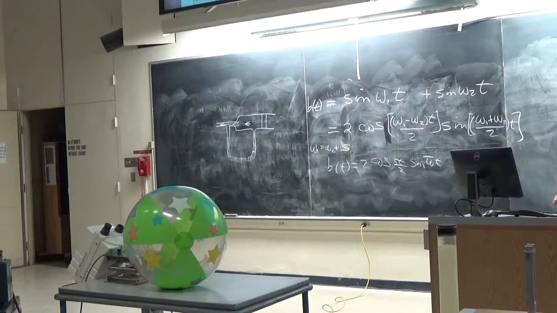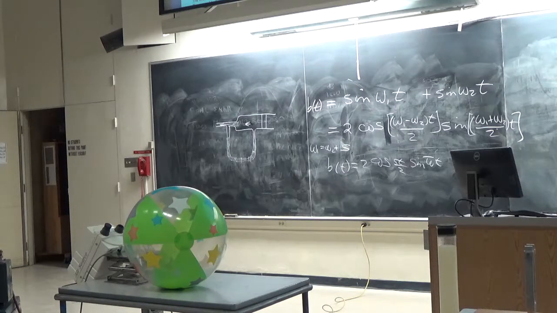Okay, so let me then remind you of some of the basic rules that I hope you've learned here. The force on a particle of charge Q, in an electric field E, moving at velocity V in a magnetic field B is that. So that's the force on the particle.